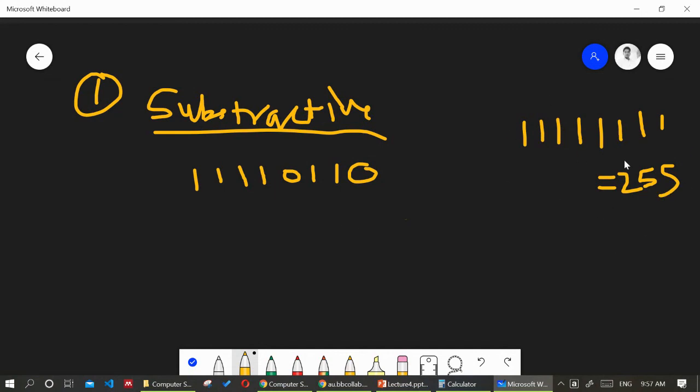So simply if there are all ones, then suppose for a 3-bit number the value will be what? 2 raised to the power 3 minus 1. That is 7. Fine. So you can count any value. If suppose it is an n-bit number, just 2 raised to the power n minus 1.